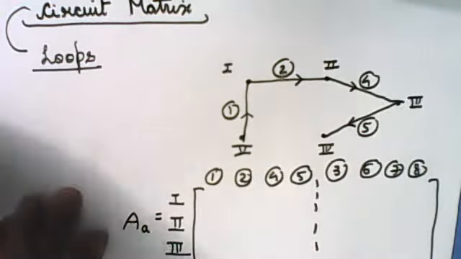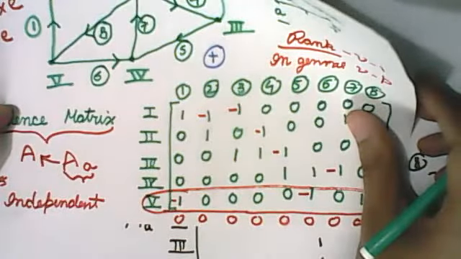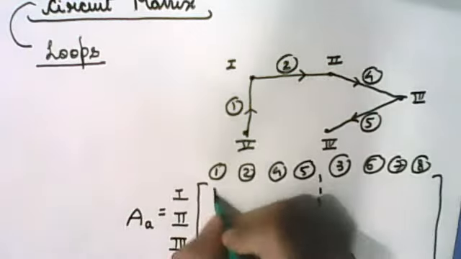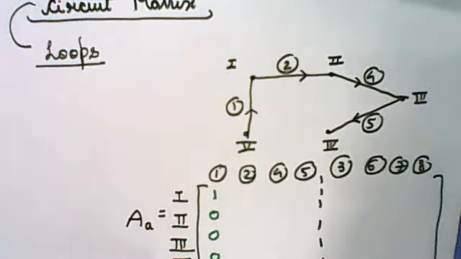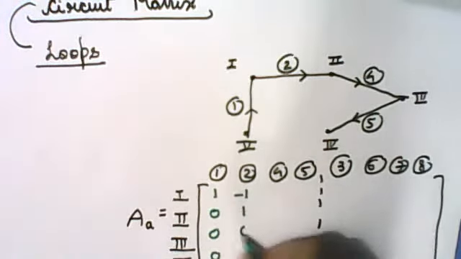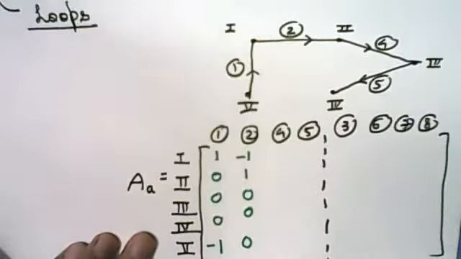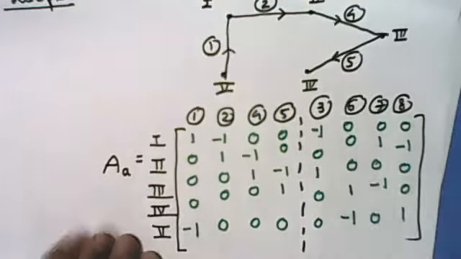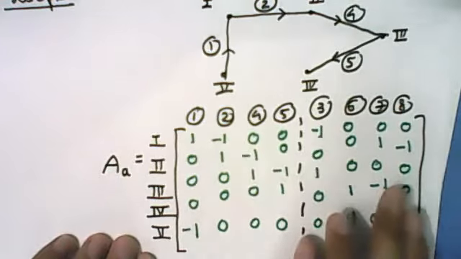So let me just fill that using the earlier matrix. In my earlier matrix, what I was having for 1 was 1 0 0 0 minus 1. You can simply write it from your previous lecture. It is 1 0 0 0 minus 1. Then what about 2? It was, I think, minus 1 1 0 0 0. You can quickly do that from the previous AA matrix we did. So I have done that now. Okay, I have included all what was needed.